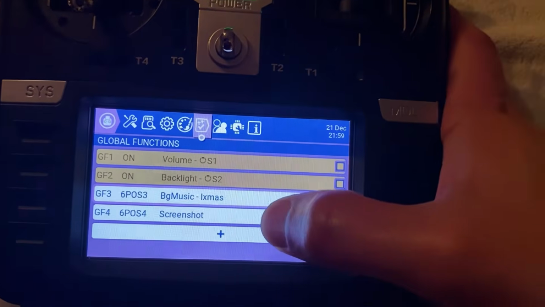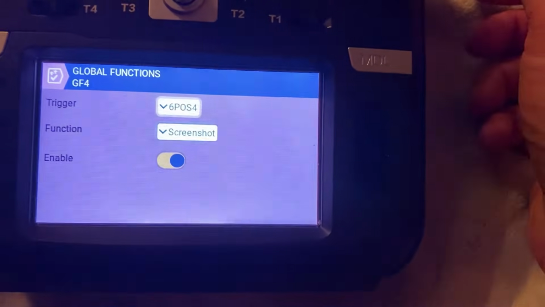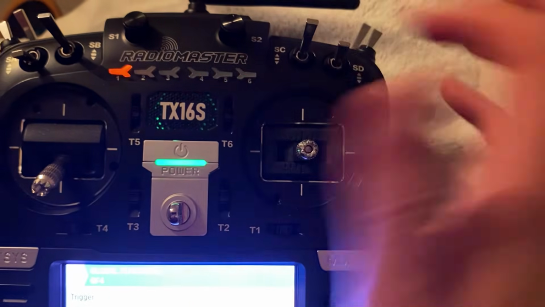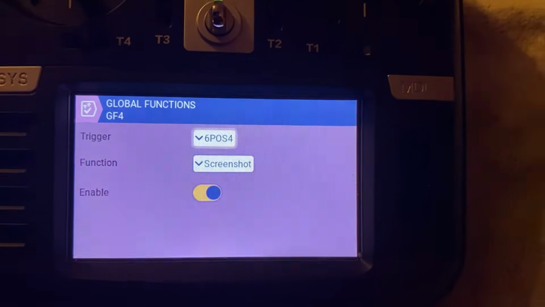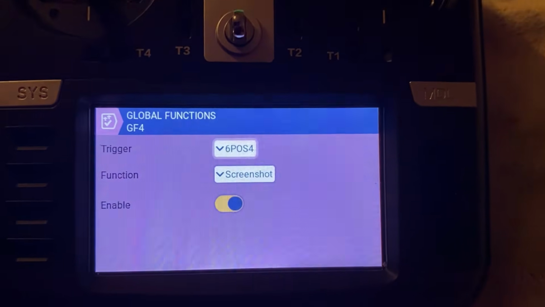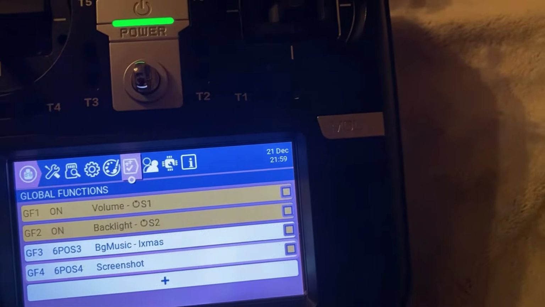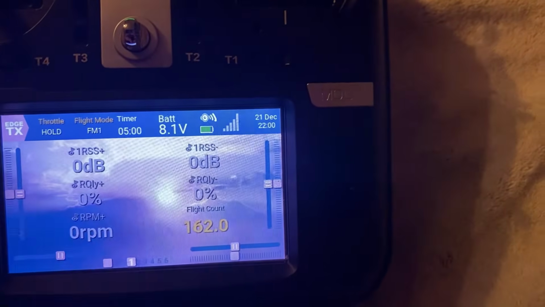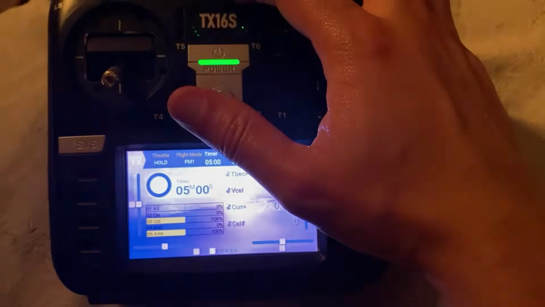Okay, and the next one here I've got is called screenshot. Basically, I got that set to position 4, which is this switch over here. The function is screenshot, and I've just got it enabled, and what that does is literally take a screenshot of your screen. So if I go, for example, to this screen over here and I click my position 4,